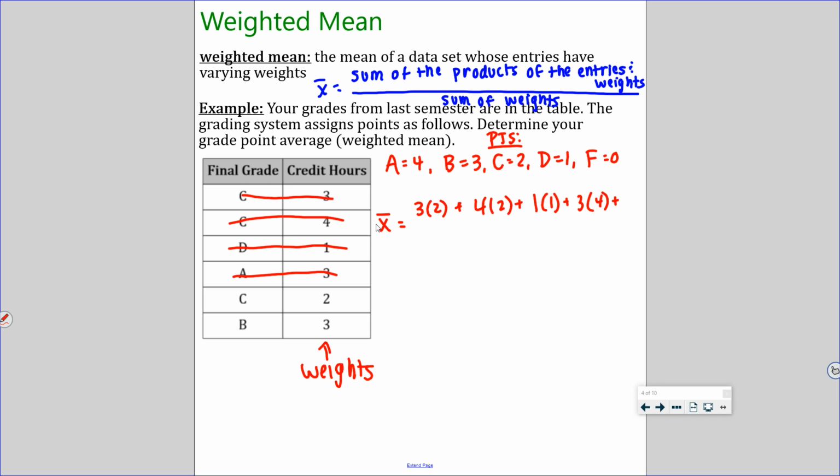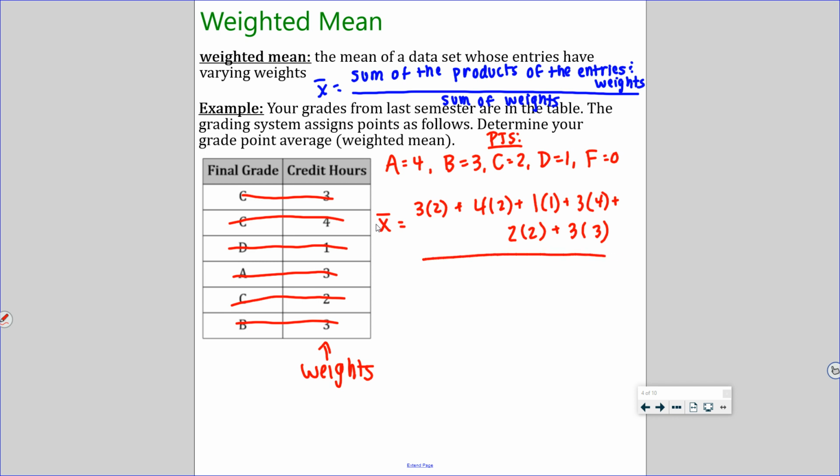Next one, for these 2 credit hours, I'm just running out of room, so I'm going to come down here. I got a C, so 2 credit hours. And then for these 3 credit hours, I got a B, which is 3 points. So you got to factor in that point system